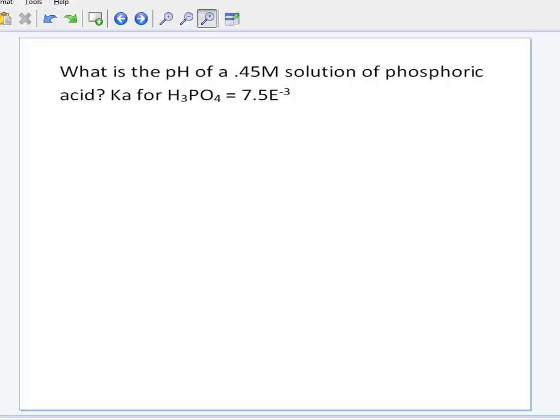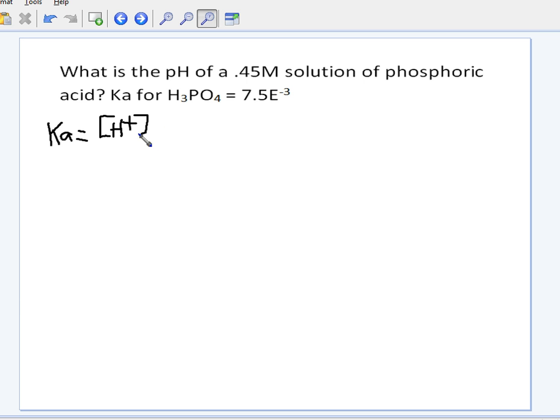This is how to calculate the pH of a solution when you know the molarity and the Ka value for it. The same thing would work for a base, the same procedure. Okay, so the first thing that you should remember is that the formula for Ka equals the H plus concentration,